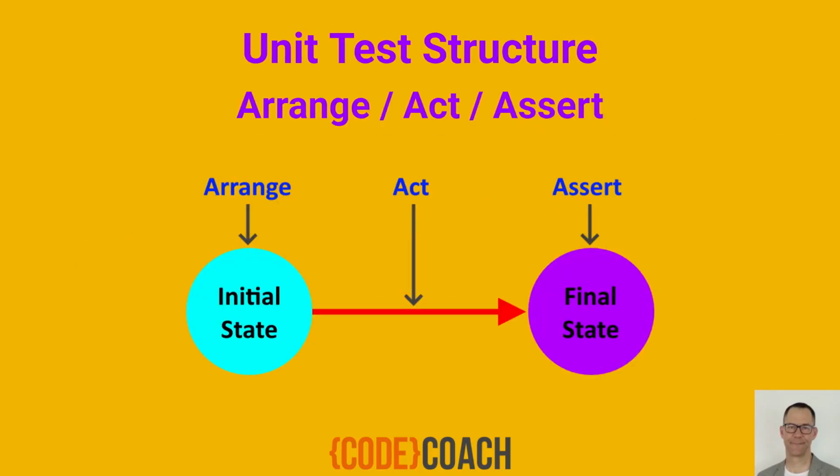For unit tests, we want to follow a certain structure where we firstly arrange, then we act, and then we assert. Arrange, act, assert is very much what we end up doing with any kind of system, where we have an initial state, then we act on that state, and then we end up in a final state. Our arrangement is all about ending up in that initial state. Sometimes for a shopping cart that meant just creating a shopping cart. At other times it meant creating a shopping cart and then adding further product and quantity into it. Acting, depending on what we were doing with our shopping cart, it meant adding into the shopping cart, clearing out the shopping cart, removing a product from the shopping cart. And assert is whatever the final state is that we want to make sure that the action did the correct